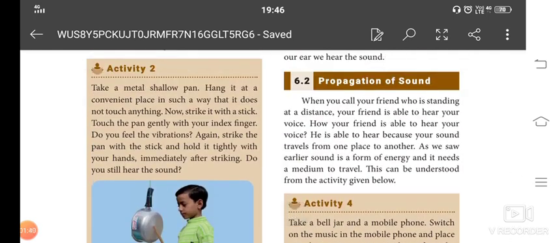Propagation of sound. Propagation means how the sound is traveling. When your friend is far away from you, while calling him, you make a sound. When he hears your voice, only then can he turn back and see you. Otherwise, he cannot hear your voice, which means he cannot see you. The sound travels in a medium. The empty space around us is surrounded with atmosphere. In the atmosphere, we have air. Air is the medium acting there, and it is taking a sound from one place to another place.